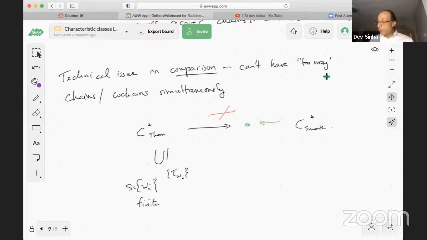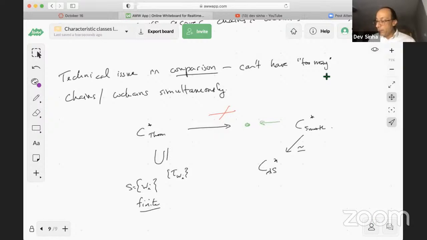And if I've got a finite number of submanifolds, then inside the chains I can be transverse to all of them, which means inside the cochains I would find the ones that are transverse to S as a quotient, and I can map